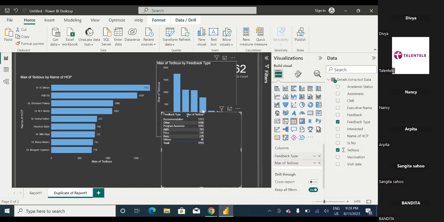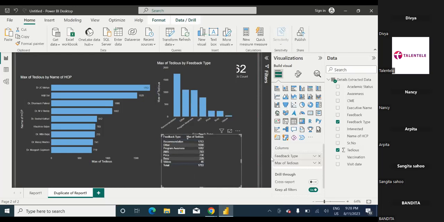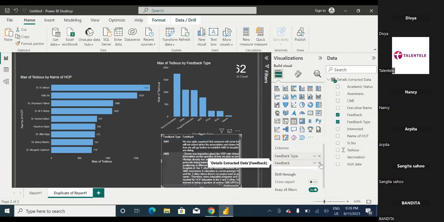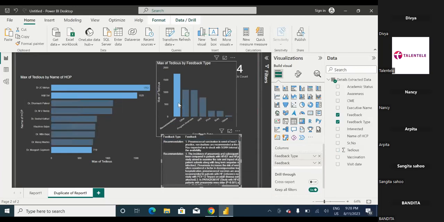I'll put this into a table. What's the feedback? OK. See, if I'm clicking on recommendation, I'm getting an option over here. Recommendation has three categories, like three HCPs. One is Dr. JC Mohan, Ajit Sai, and the particular Dr. Mangesh. OK. Now, if I show you the HCP name over here,